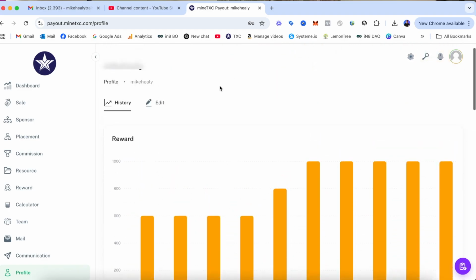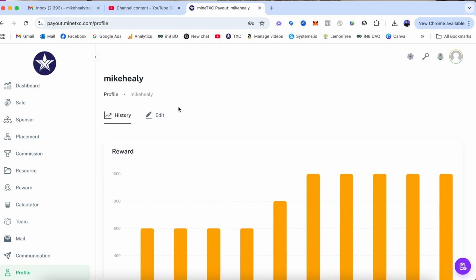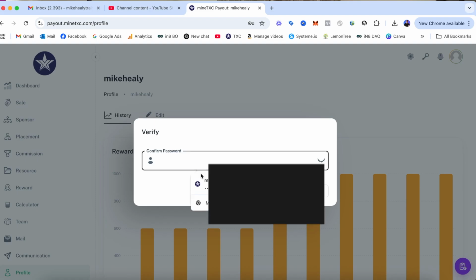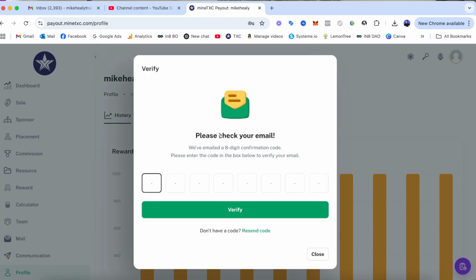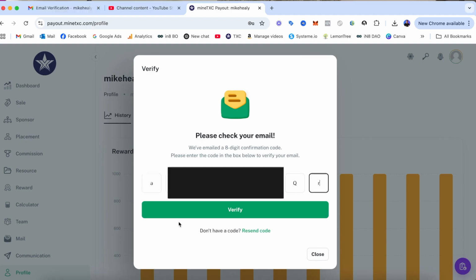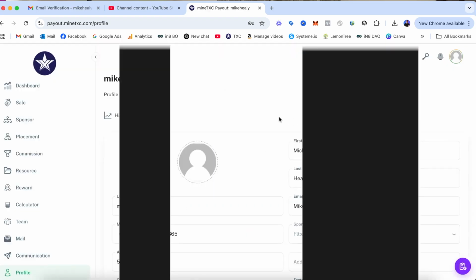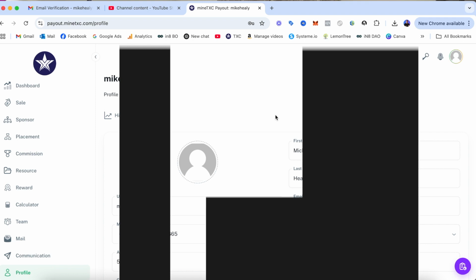The one thing you do have to see right here is if you want to know how to get paid or you want to do your placements properly, you need to go here under your profile and click on edit. Now, when you click on edit, it's got a verification. It's going to pop up to confirm your password. This is kind of a two-factor authorization. I'm going to click next. And now what's going to happen is I'm going to have to check my email to get the verification code. Once I take the code that it gave me, I input it and click verify. And now it's going to allow me to go in and edit what I need down here. If I scroll down,